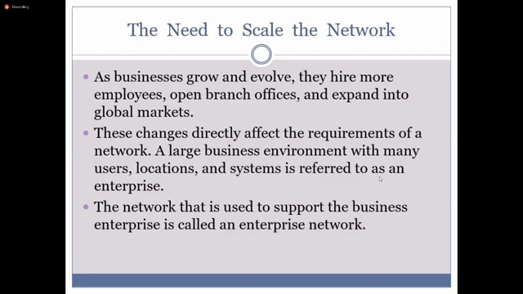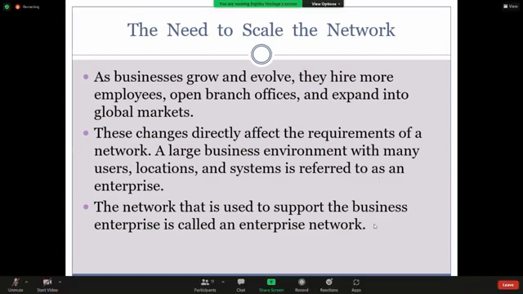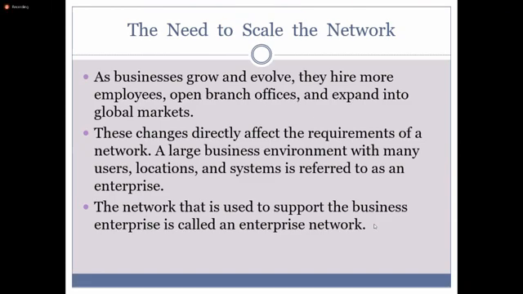A large business environment with many users, locations, and systems is referred to as an enterprise. The network used to support the business enterprise is called the enterprise network. If you have a single building or a two-story building, that is not an enterprise network.